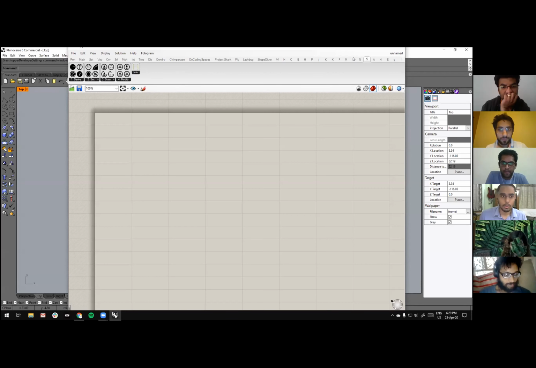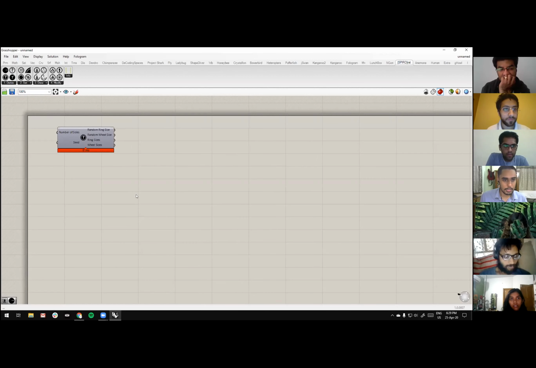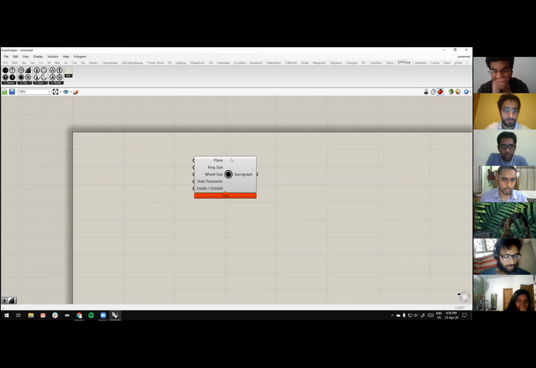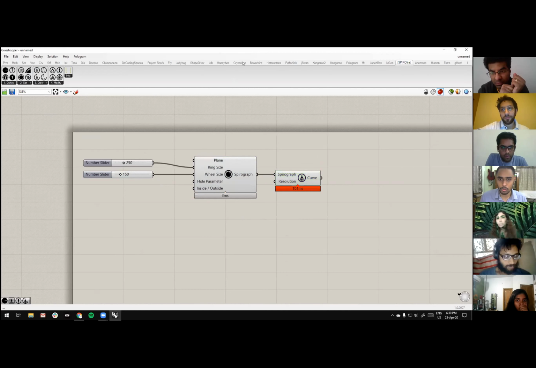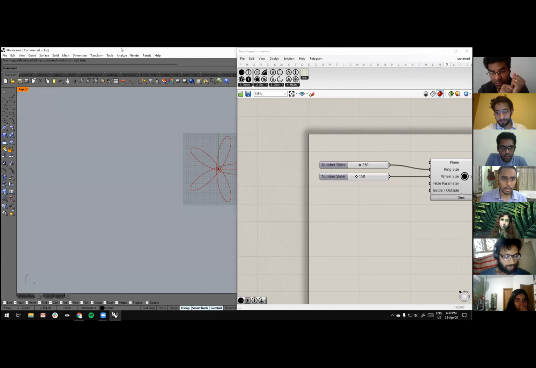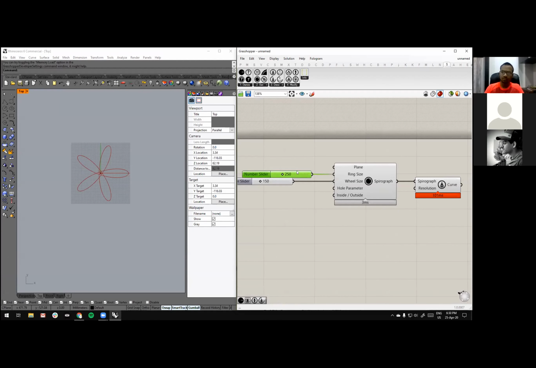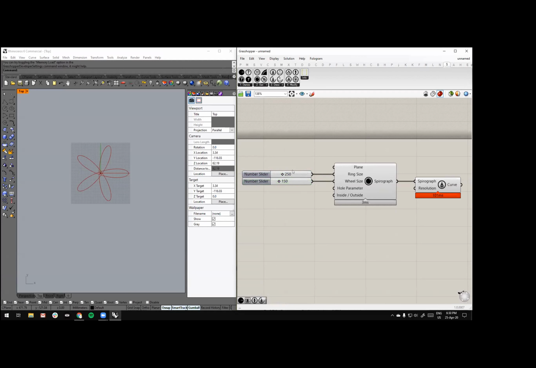Right. So the way these components work is, actually, let's start with using only this component. If we enter, let's say, a ring size of 250 and a wheel size of 150, and let everything else be default, and just draw this directly and take a look at what it outputs. This particular setup with a ring size of 150 and wheel size of 150